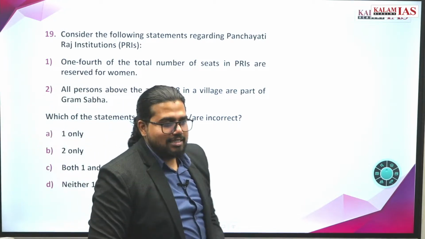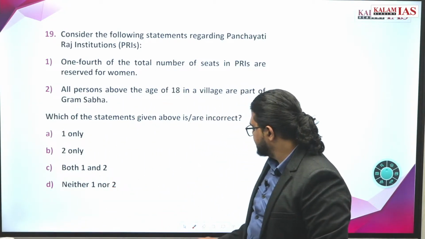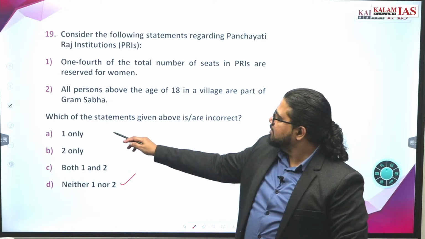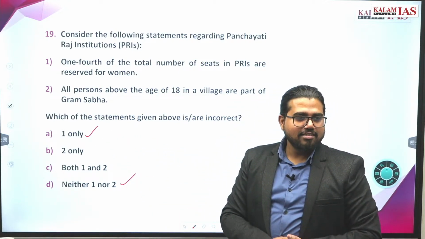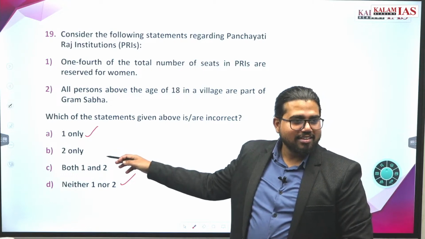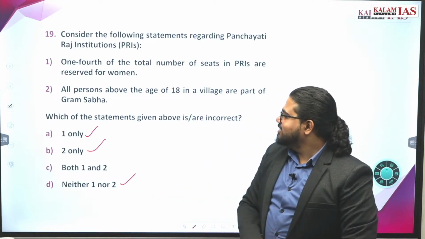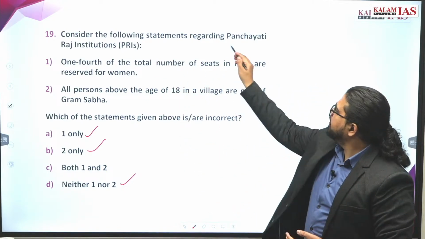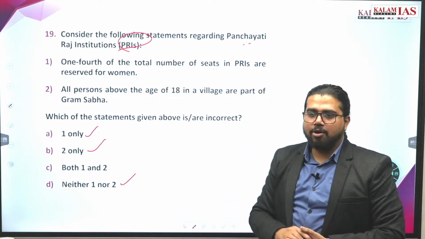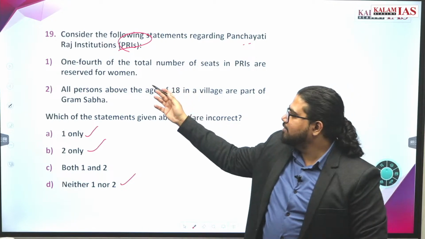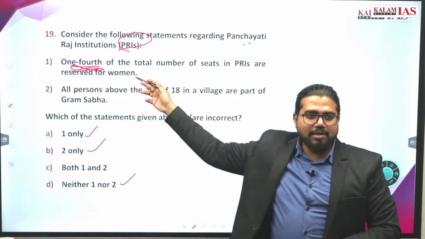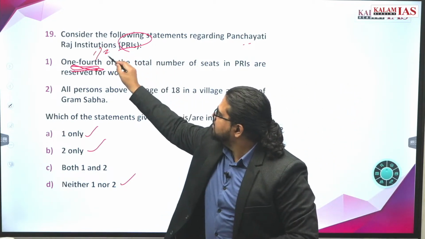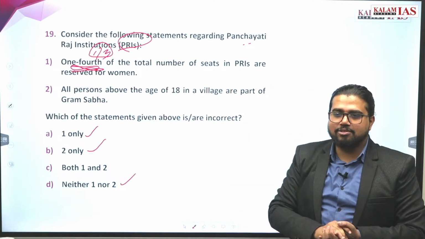Okay. Very easy, straightforward. What is the answer? Everyone is saying D. Any other option? A. Any other? B is also being said, who is saying B? You're saying B. So tell me, who said A? Why A? It is talking about PRIs, Panchayati Raj institutions. How much is women reservation? We have already told this is a very well-known fact. Somebody making this question can very easily juggle with this. It is 1/3. And here we are given that 1/4 is reserved. So it is obviously wrong.